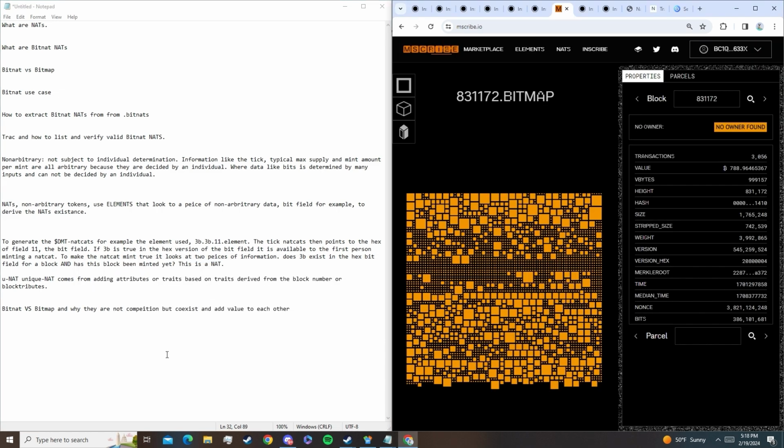So bitnat versus bitmap, and why they are not competition but coexist and add value to each other. There's been some discussions about, isn't bitnat just taking value away from bitmap, the same project, copy pasta? Isn't that what this is? No, that's not what this is. A bitmap is land. It's an NFT that's giving you access to a plot of land or a parcel of land,